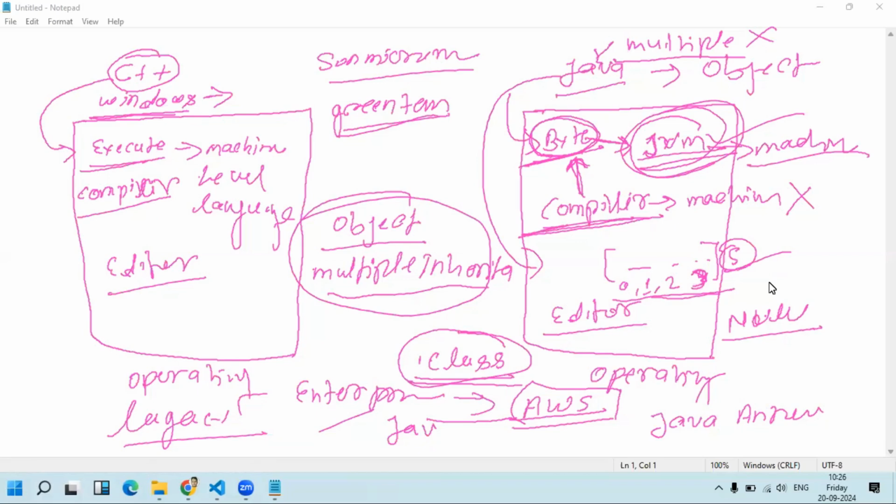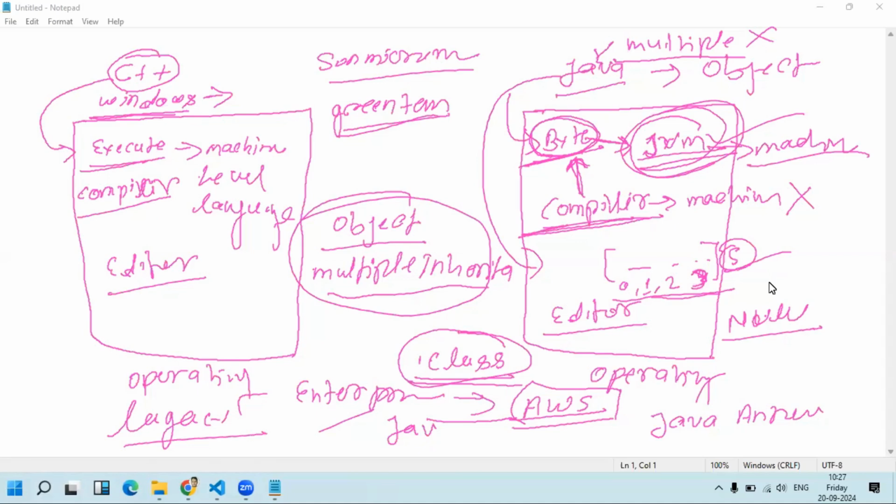So basically, this is the basic thing that you should know regarding Java and C++. I just differentiated between C++ and Java so that you have some idea in mind of why we need Java, even though we have C++, which already has object oriented programming and class based things.